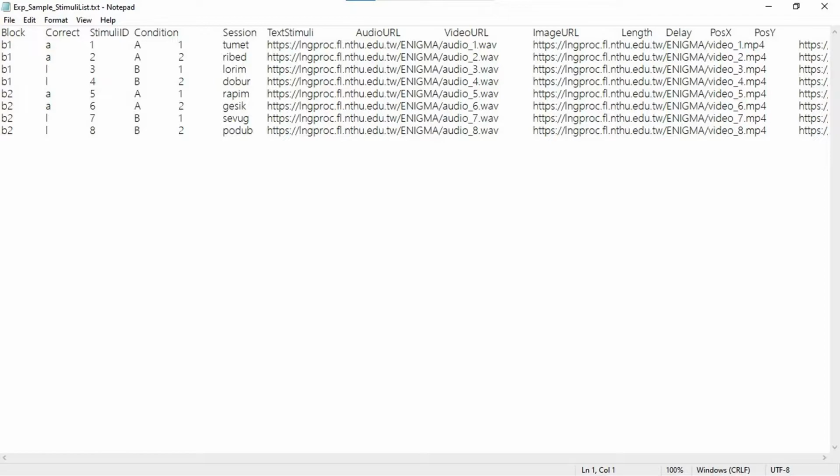In a stimuli list, each column has a unique header, which has a different function in Enigma. This also means that it is almost not possible for you to include random columns in the list. If you include columns that cannot be identified in Enigma, these columns will be excluded from your list automatically. Also, the column names introduced below are all case sensitive, so make sure that you don't have typos in your stimuli list. Let's go through these columns one by one, shall we?